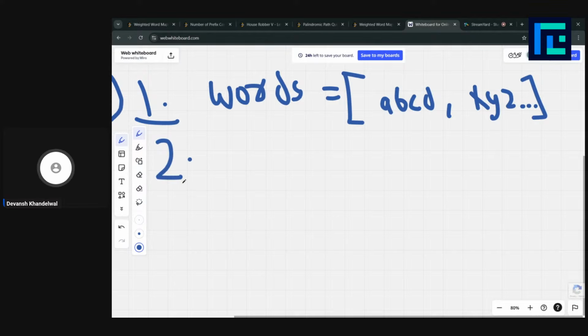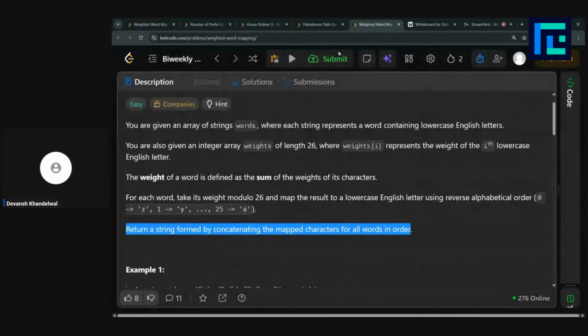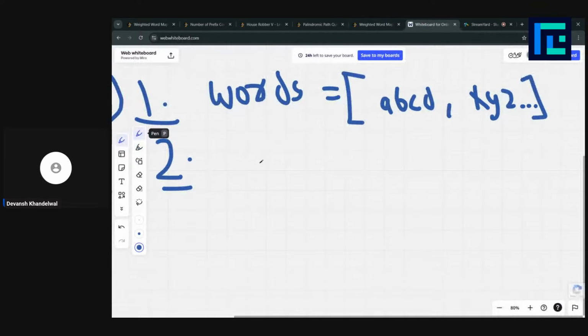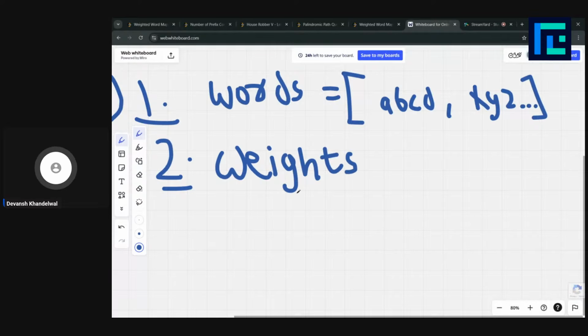The second thing we are given is this weights array, where its size is 26, and for each corresponding index, index 0 tells the weight of the letter A, and this is some number.